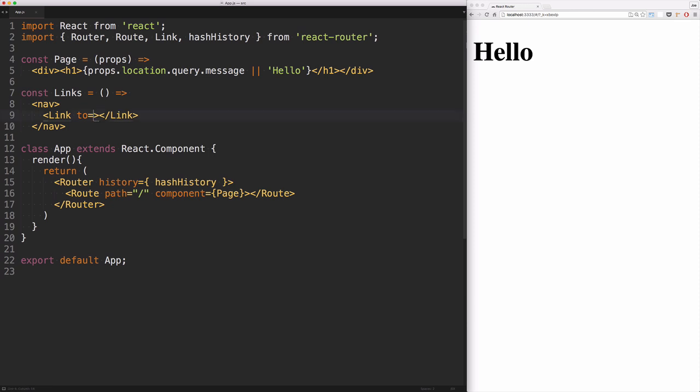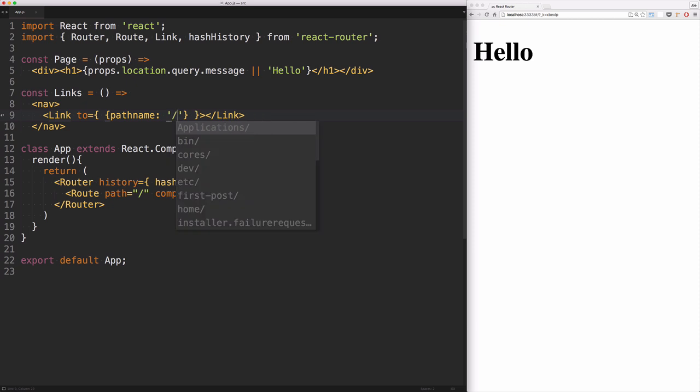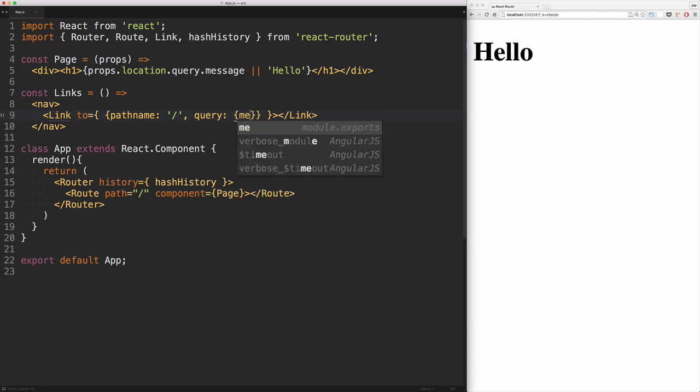Rather than using a string in the to property, we're going to pass in an object, and we're going to have a key of pathname. This is going to represent what our string used to represent. So there's our /. Then we're going to pass in a query. That's another object with the key that we want to send along with the query string, and then the value. So here I'm just going to say yo,